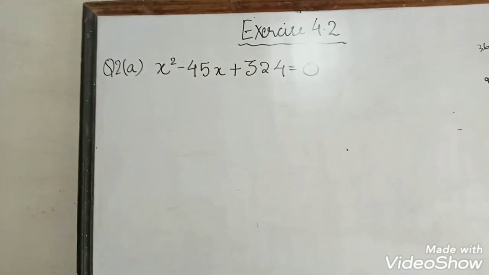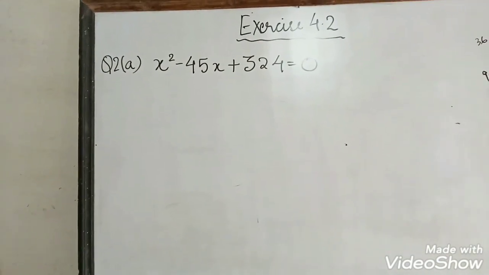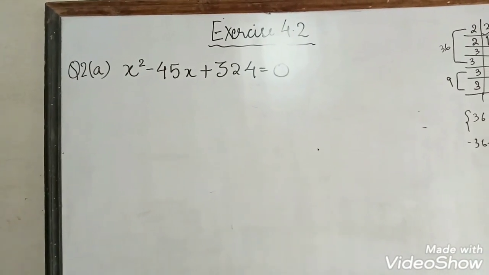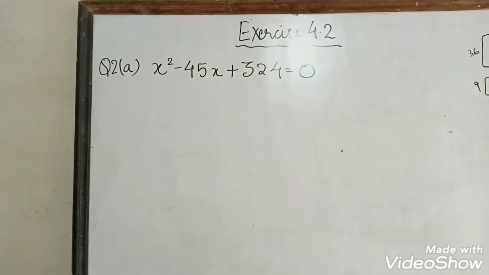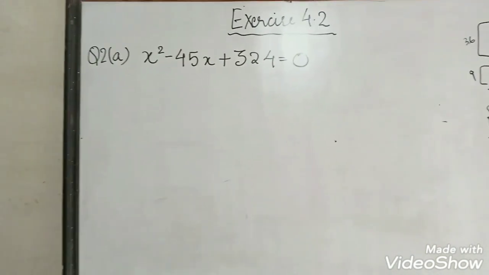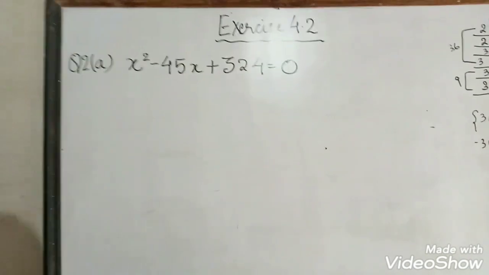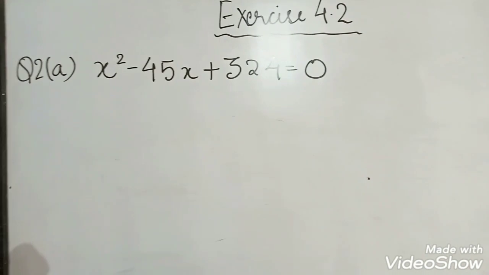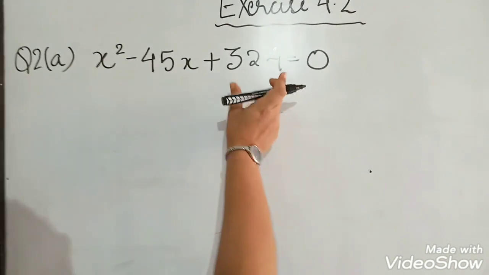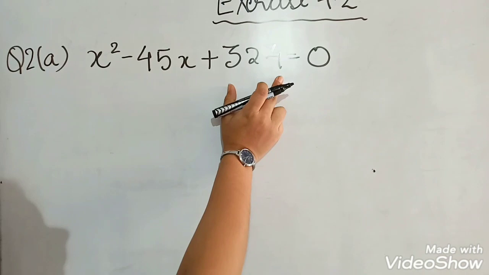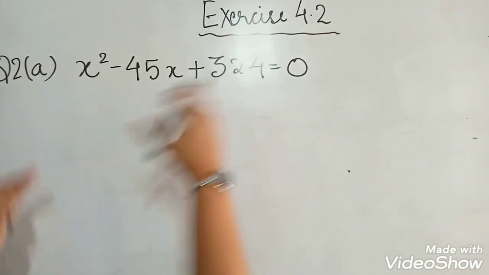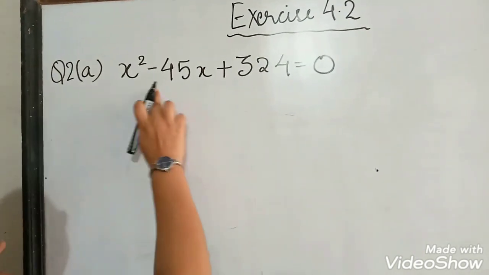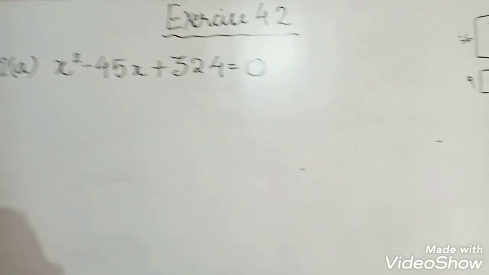Now, if you go back to example 1 given on page number 72, in the first part we have received the quadratic equation as x square minus 45x plus 324. Over here we all know that whenever we are solving by factorization method, we always split the middle term. To split the middle term, we take the LCM of 324, that is the LCM of the constant, and we see which numbers can be added or subtracted so that we can get minus 45. So let us see over here.